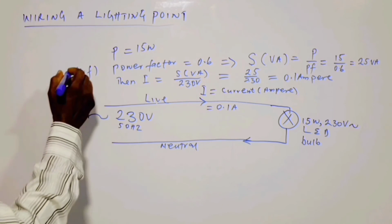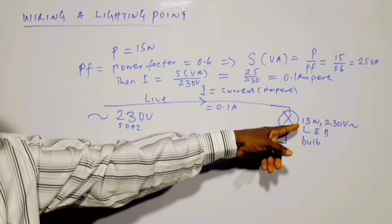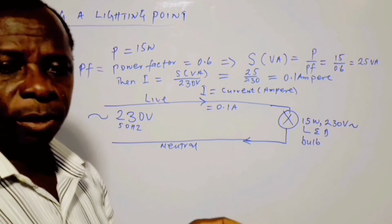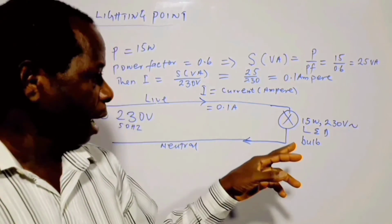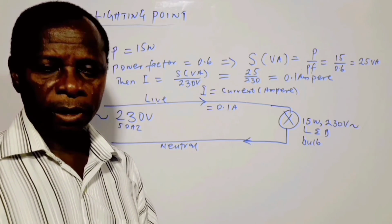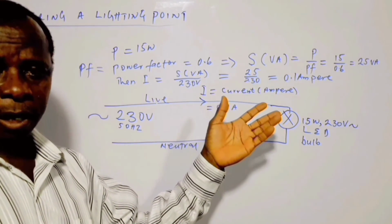So looking at it very well, the power of the bulb, that is the active power, is 15 watts. And given that the power factor of the bulb itself is 0.6, because an LED bulb is never a heating load. It has a power factor component because it has something that is similar to a choke. It's not a choke, but it has some electronic component inside it, which gives rise to the power factor. In some cases, it's usually 0.6. It could be more or slightly less, depending on